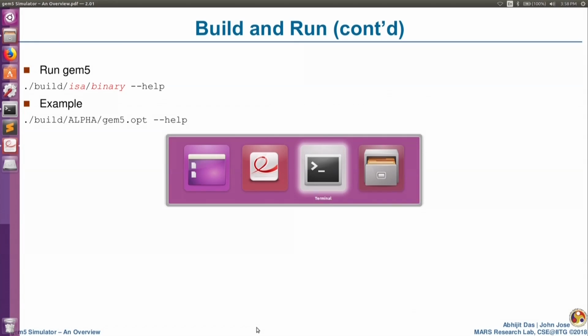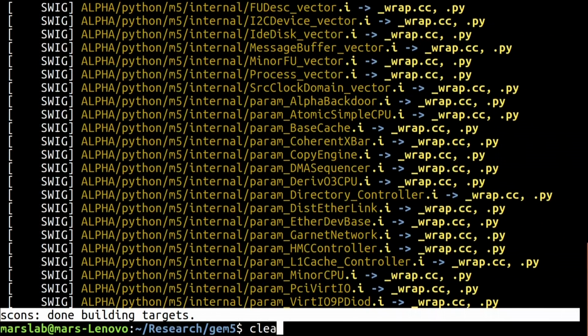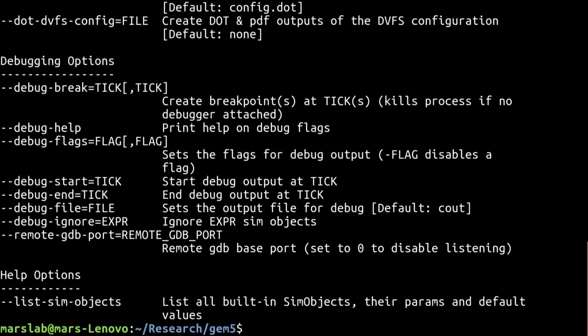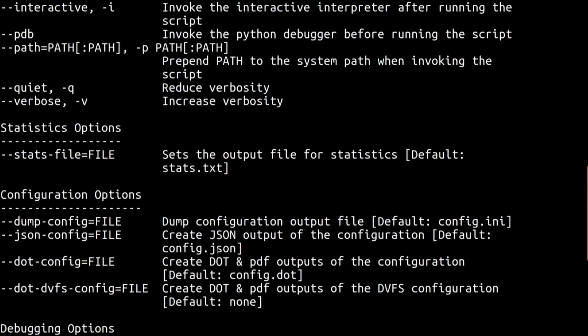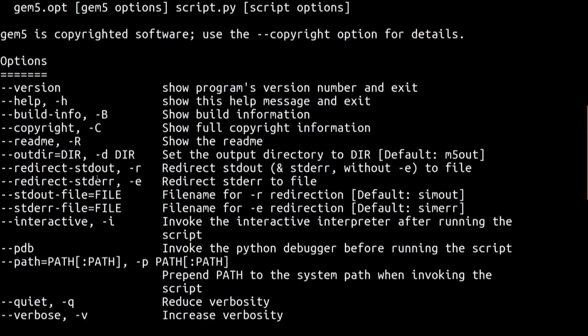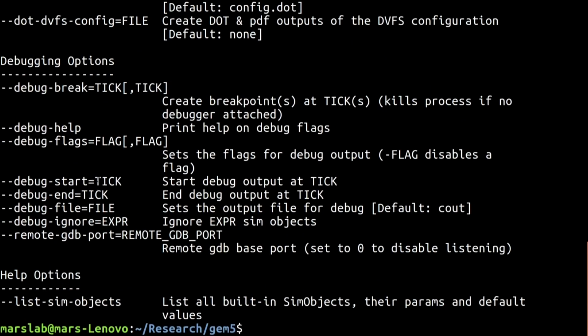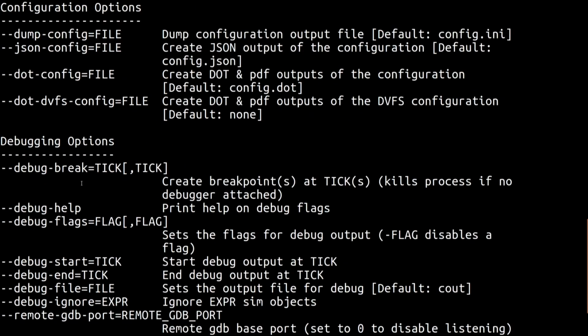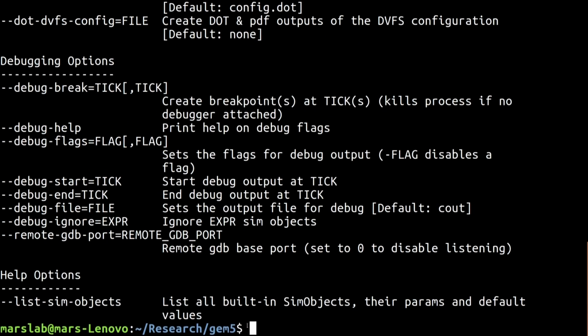Let me show you. gem5.opt, and then I can type --help to see the available help options. As we can see, there are different options to debug and get the stats with this gem5 binary.